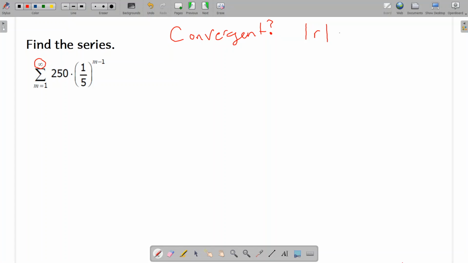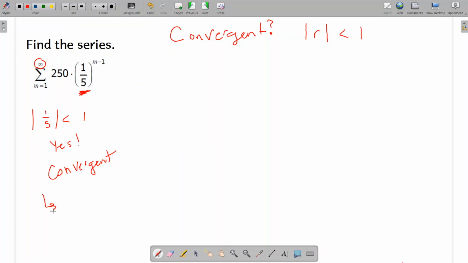And to decide if a series is convergent, you should be looking at that common ratio. If the common ratio, when you take the absolute value of it, is less than 1, then it's convergent. So remember that our R value is given to us right here in the geometric sequence formula. So we're just testing, is the absolute value of 1/5 less than 1? Yes, so that tells us that this is convergent, which then tells us that we can use this second formula